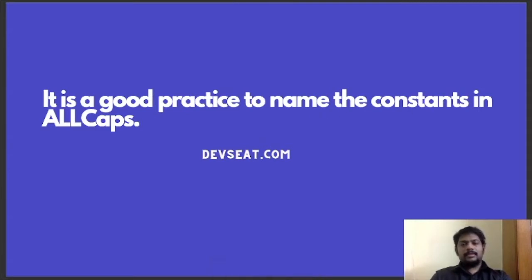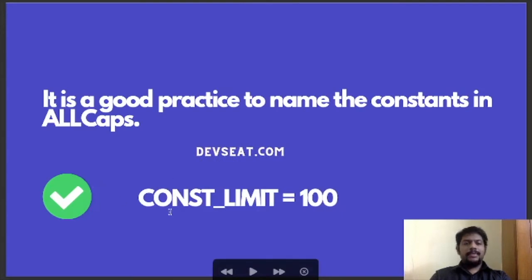Just like how we have defined variables in small case for a single word, and combining with an underscore for two words, in the same way, for naming constants, it is better to have all caps. So one example is const underscore limit equal to 100. This is one good example of defining a constant.